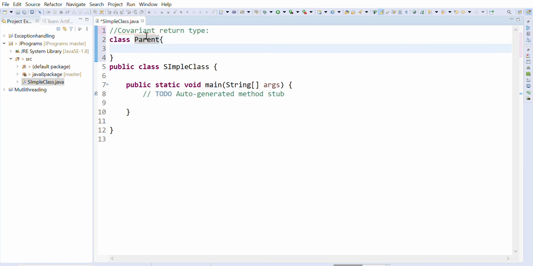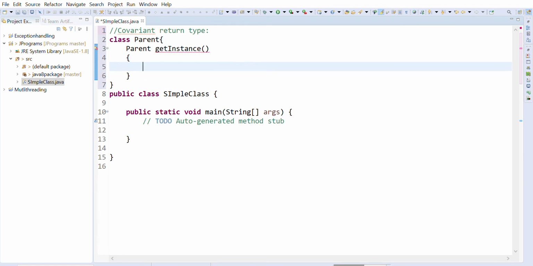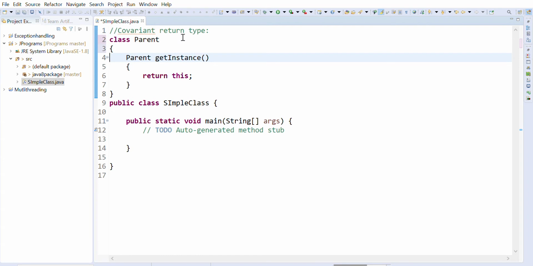I have a method getInstance. You can give it any name, and it will return this. So we have a parent class, and a method that will return the instance of the parent class, the class name that will return.